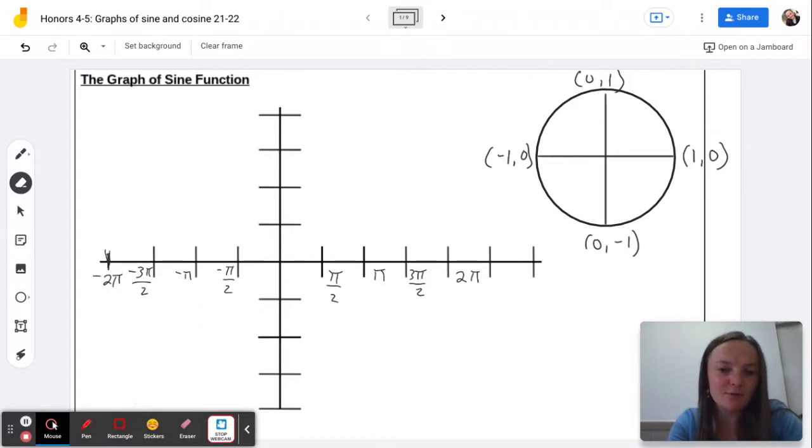I want you to label the x-axis with negative 2 pi, negative 3 pi over 2, negative pi, etc. Start with labeling that, and then I want you to draw a blank unit circle with these four ordered pairs. So start with that. Okay, so now that we have all of our x-axis labeled,